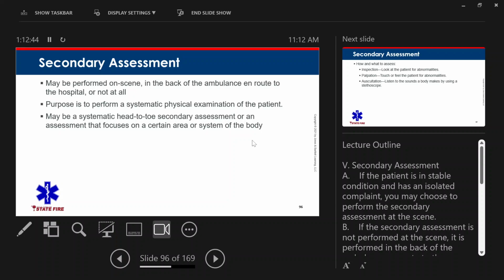So, back to the original question we explored opening up the conversation. How does the secondary head-to-toe of a medical patient differ from that of a trauma patient? In the medical assessment head-to-toe, we looked at what? Organ systems. Internal organ systems and how well they were working. Agree? In the trauma patient, it's much more palpation driven. It's much more externally driven. And it is using the mnemonic, the acronym,